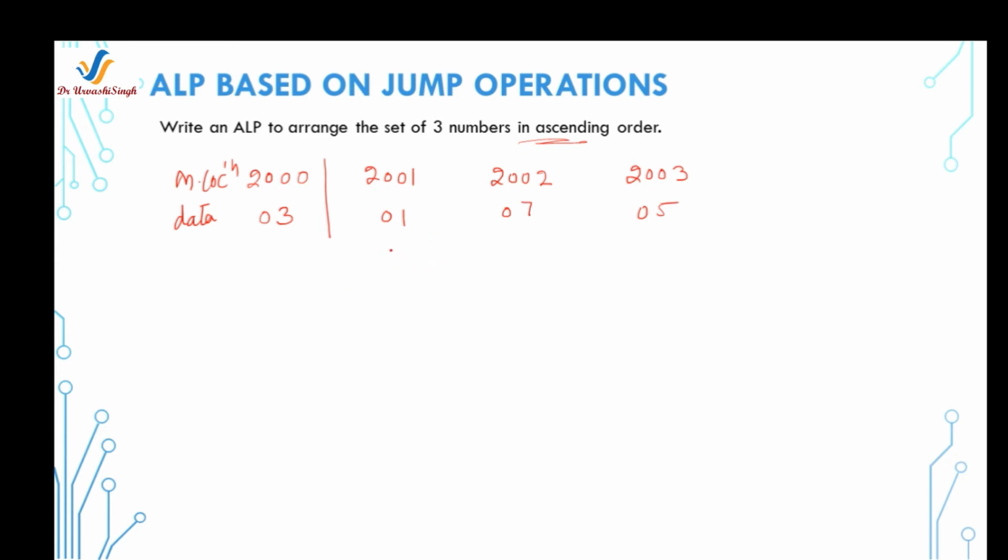First you will compare these 2 numbers, and for comparison you will use the instruction CMP M. Why M, not any other register? Because we want to access the memory locations. So how is this instruction executed? It will subtract the contents of the memory location from the accumulator contents. And if M is greater than the accumulator, then there will be a carry. Otherwise, if the number is smaller than the accumulator, then there will be no carry.